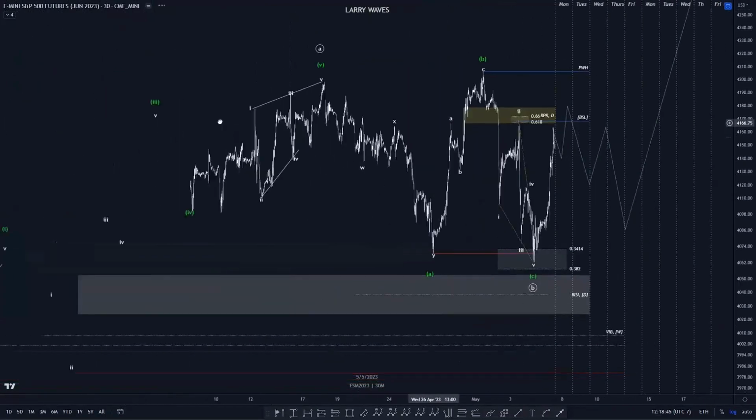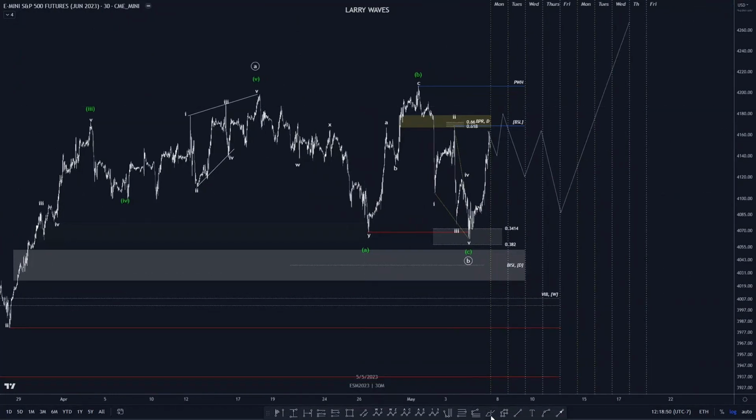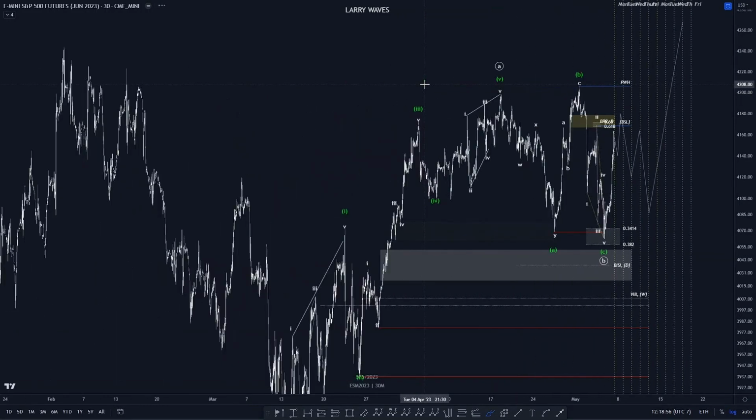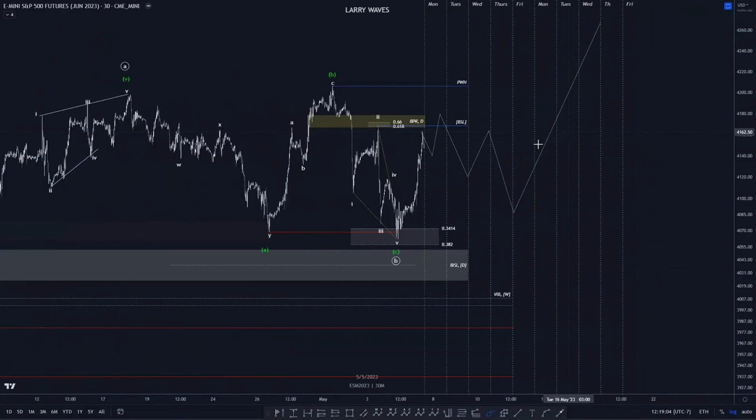Okay. So, like I said, we took this high here on the futures. We're still waiting to take these highs. It hasn't been taken yet, but I do expect them to be taken here potentially. But as of right now,